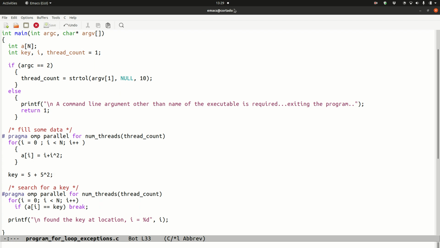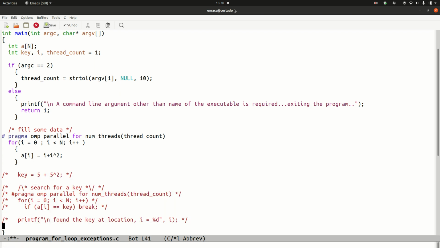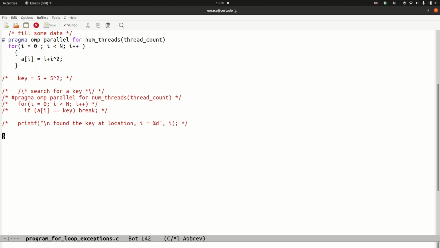Okay, so then I also fill in some key here. Let us say this is not required right now, so I would just comment this part. Fine, so basically we fill in something here. Now